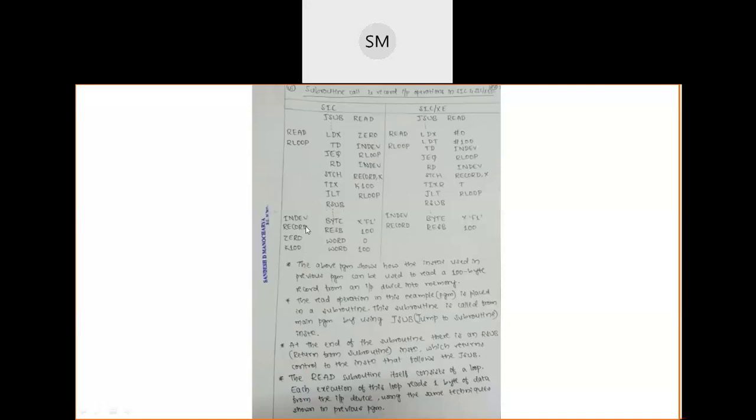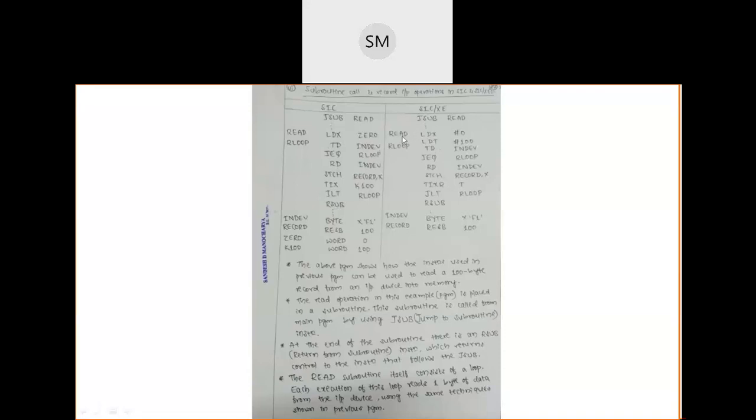And if you see the storage defining part, I am reserving 1 byte of memory for the input device, and that input device's hexadecimal code is F1, and I am reserving 100 bytes for the record variable, and I am reserving only one word for the variable ZERO, in which I am going to store 0 for indexing purposes, and K100, for K100 I am going to reserve one word. In that one word I have stored an integer value 100. Clear?